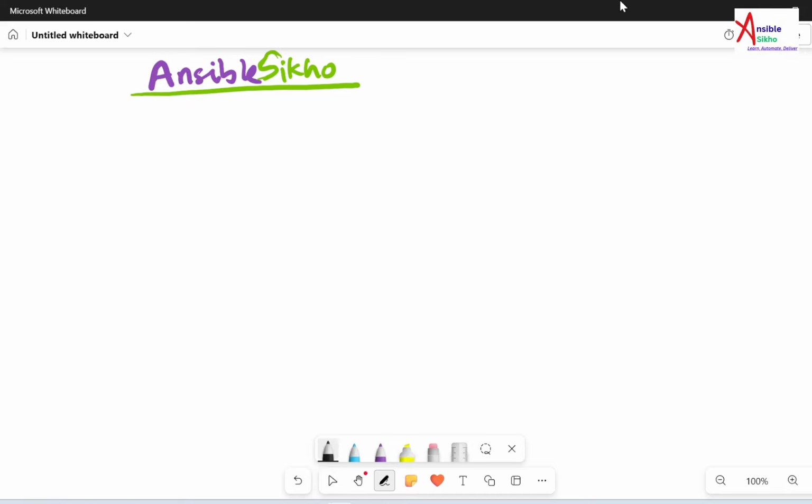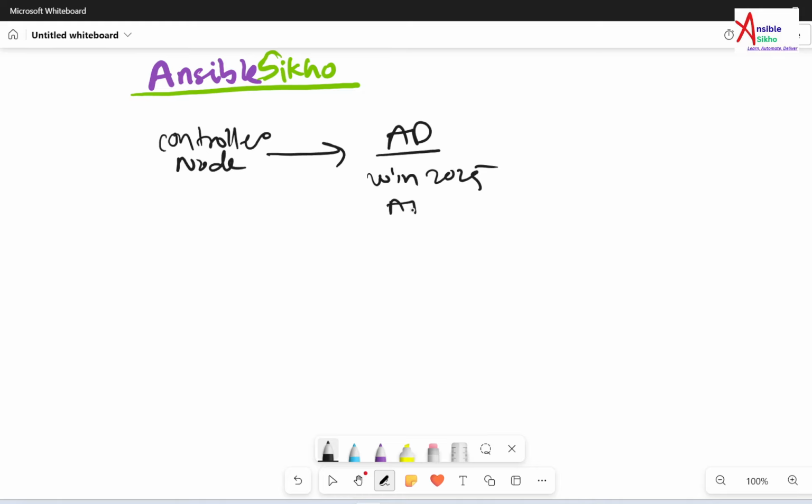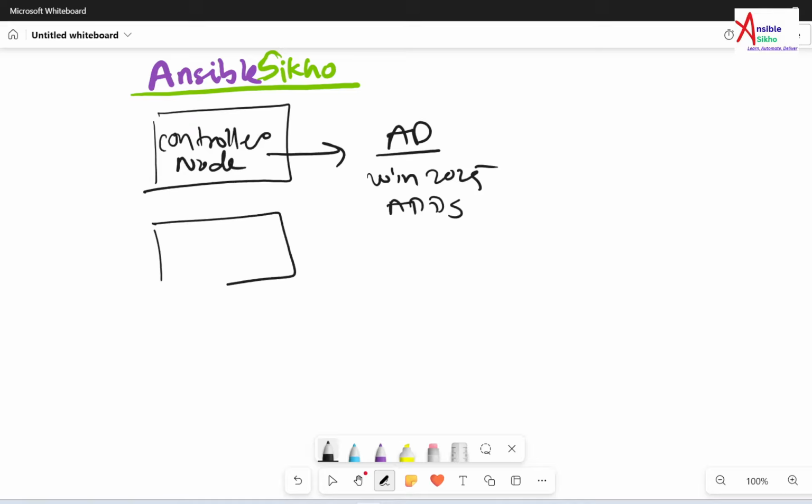So in this session, we are going to see how to connect your controller node to AD. Okay, I have Windows 2025 where I have installed ADDS service. Okay, so here I am going to show you how you can connect your controller node and your target node